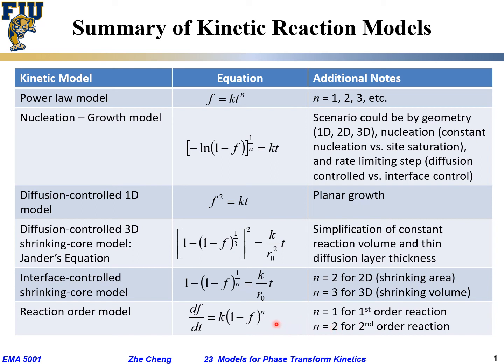Okay, so we have all these different reaction models, and they all, as we mentioned, have certain assumptions related with them, and they describe different things. Nucleation and growth are more concerned with starting locally from small, while all these shrinking core based models are quite often for the large scale, global or macroscopic description of the reaction process. And the power law or reaction order, or diffusion controlled 1D models, are quite often for the beginning stage of the phase transformation. Okay,